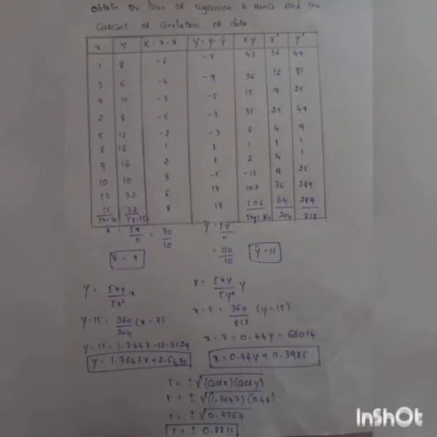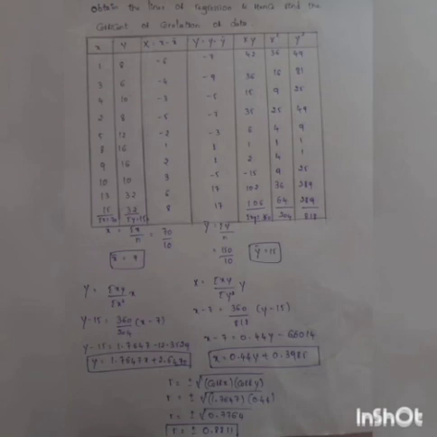First we calculate capital X and capital Y, and then we calculate x into y, x square and y square. We first calculate x bar equal to sigma x divided by n. Then we get x bar equal to 7 and y bar equal to 15. We have a formula of regression lines: y equal to sigma xy divided by summation of x square into x. Putting all the values of sigma xy and sigma x square, we find y equal to